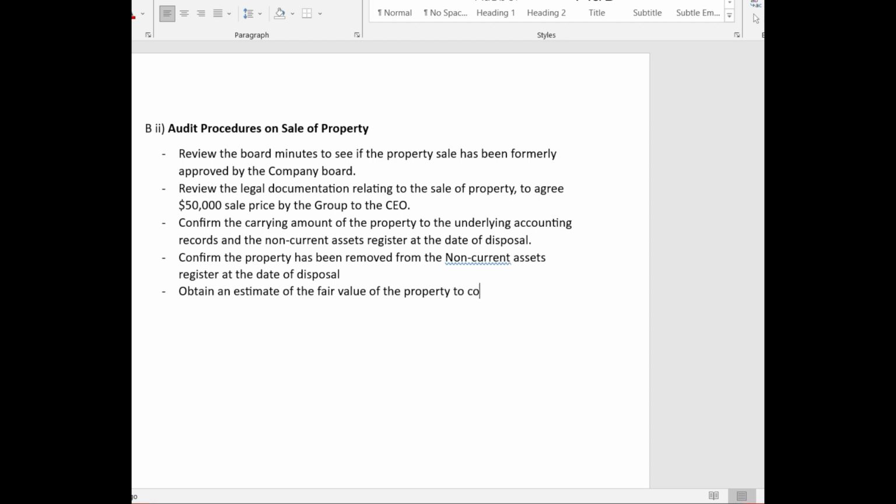Of the property to consider the reasonableness of the transaction and the sale price, right? Now another thing which we were supposed to do was take the management's determination,